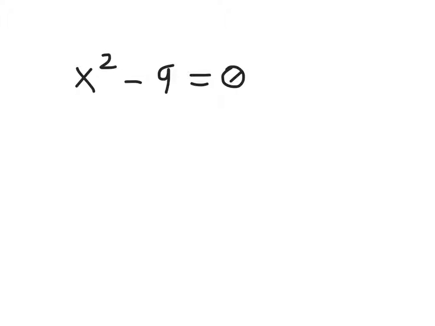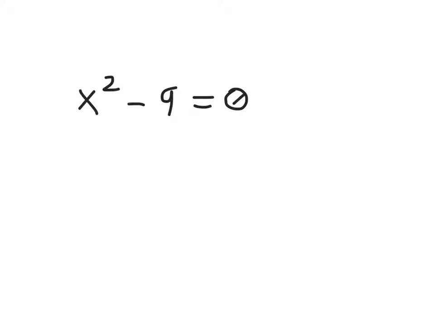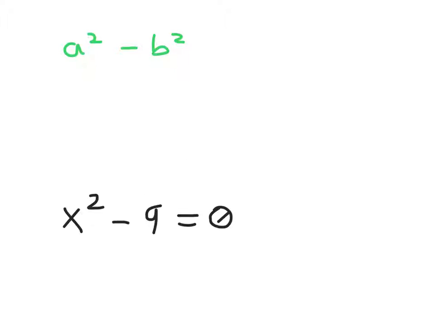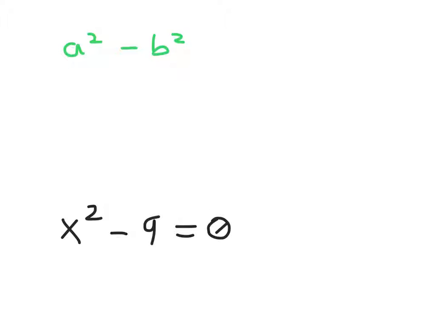Okay, well, this is a classic example of the difference between two squares, which is definitely something that at a certain point I would highly recommend anyone who is doing math to memorize. So whenever you see a difference between two squares, in other words, you have some number that's a perfect square subtracting another perfect square,